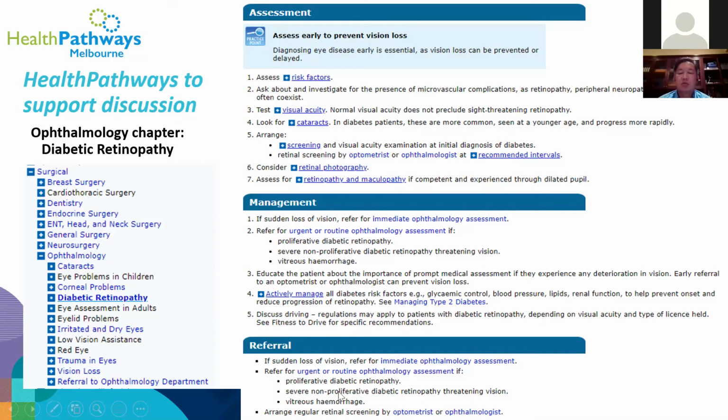It could be a little bit updated, because this severe non-proliferative diabetic retinopathy threatening vision doesn't actually include diabetic maculopathy. Again, this is just something where we refine the definitions a little bit, that has yet to get to the main literature.